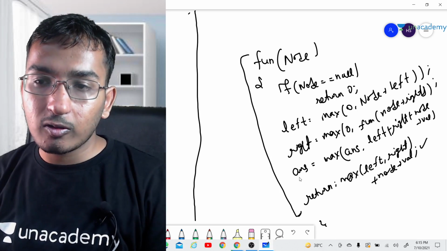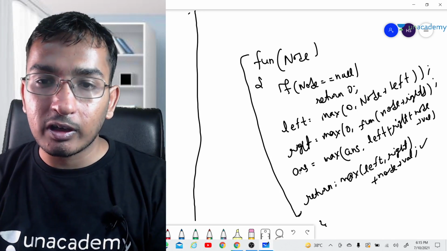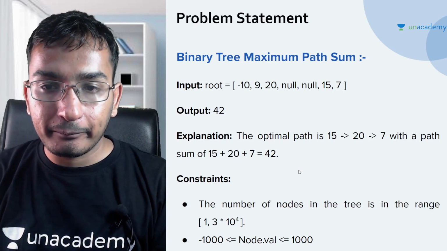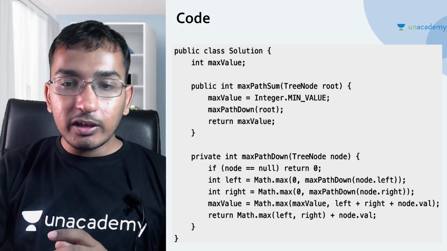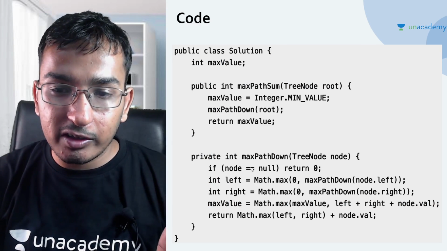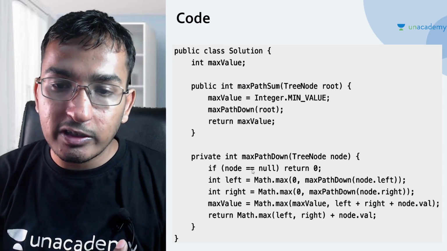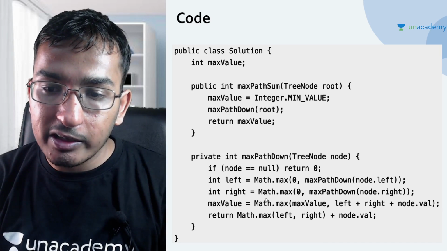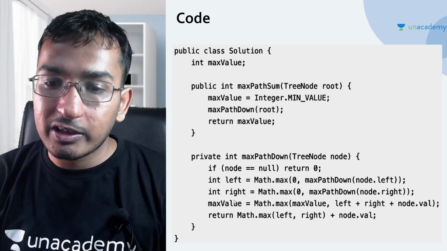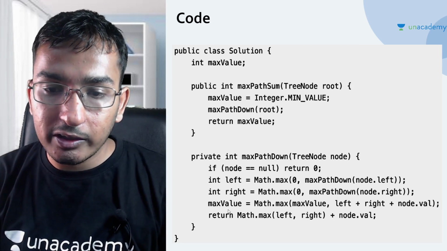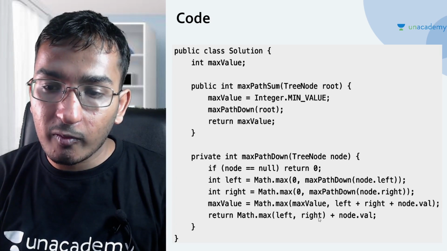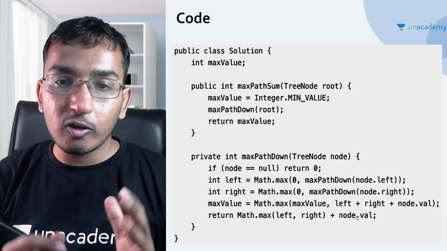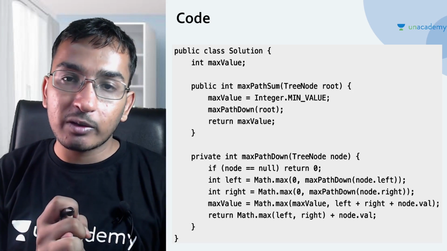So this is our pseudo code, and now I am going to show you the full code of this program. You can see, forget about this max path sum function. If node is equal to null, then we return 0, and we ask the left subtree and right subtree to give their answers and maximum value. We calculate and return the maximum of both of these, plus the node value. So this is how we approach dynamic programming on tree.